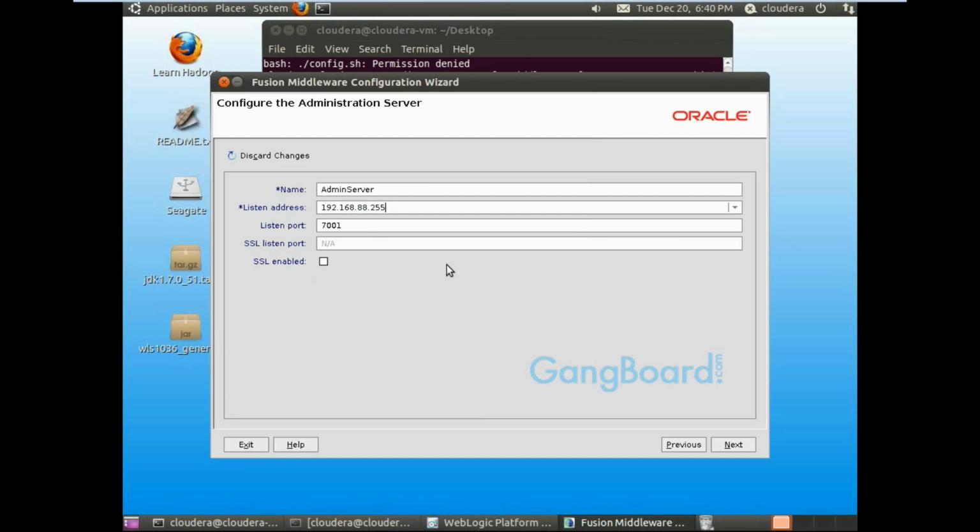And this is an important question for you. Every time they will ask what is the default port of the admin server. The default port is 7001. Blindly you can say 7001. This is an interview question. They will ask you what is the default port of the admin server, and you say 7001. No need to give the SSL port, we are not using SSL here, but by default the SSL port is 7002.